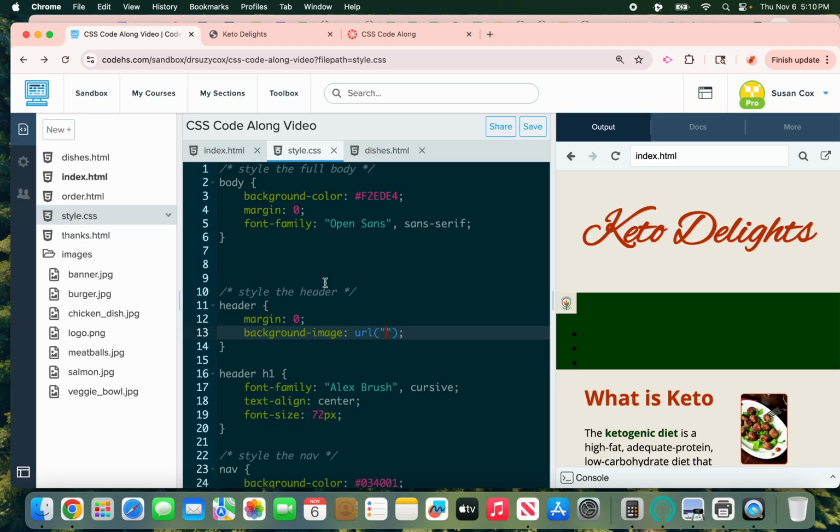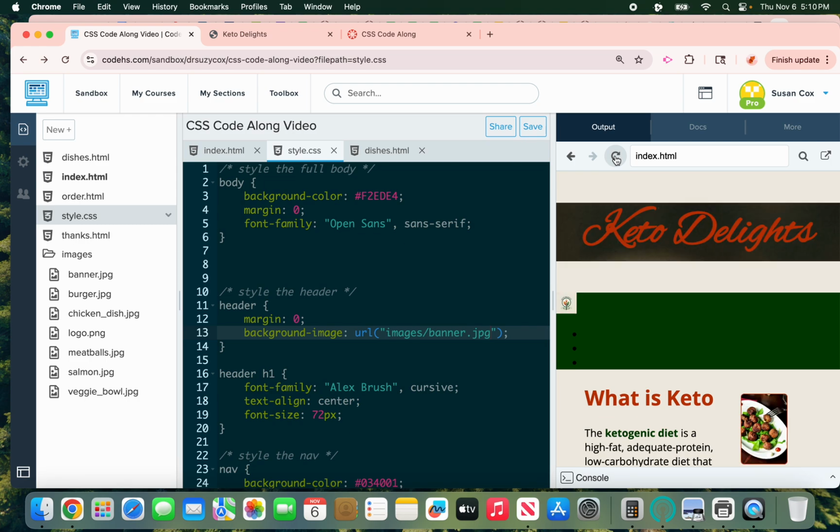So remember, to get the file path, we need to find which folder it's in. It's in an images folder, all lowercase, slash, and then we're going to use the banner.jpg image. Let's refresh that and see what happens. That. Beautiful, isn't it? Okay, so what we're getting is a view of the header and the H1 inside of